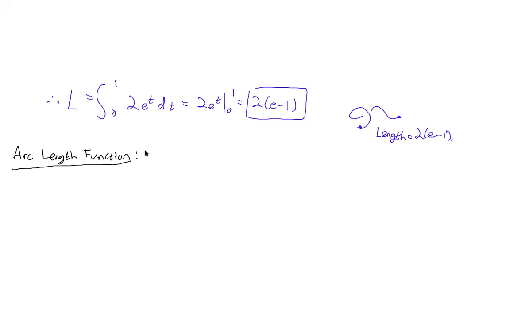The arc length function from some point P with position vector R naught. What does that mean? It means that R naught is ABC,